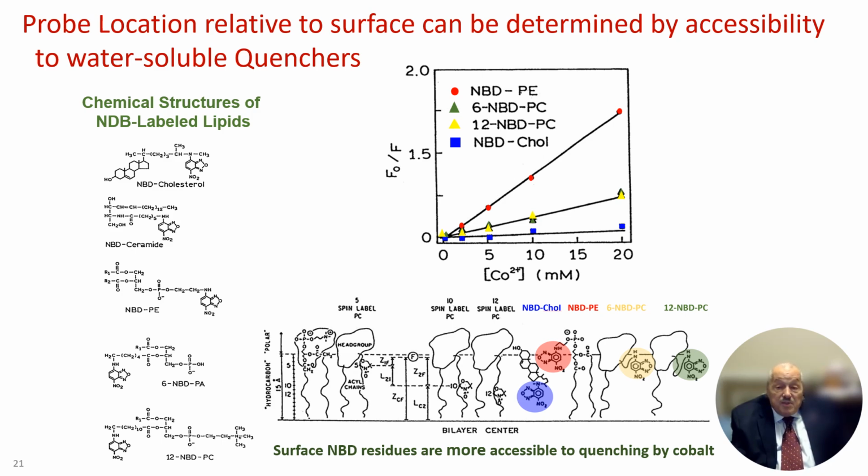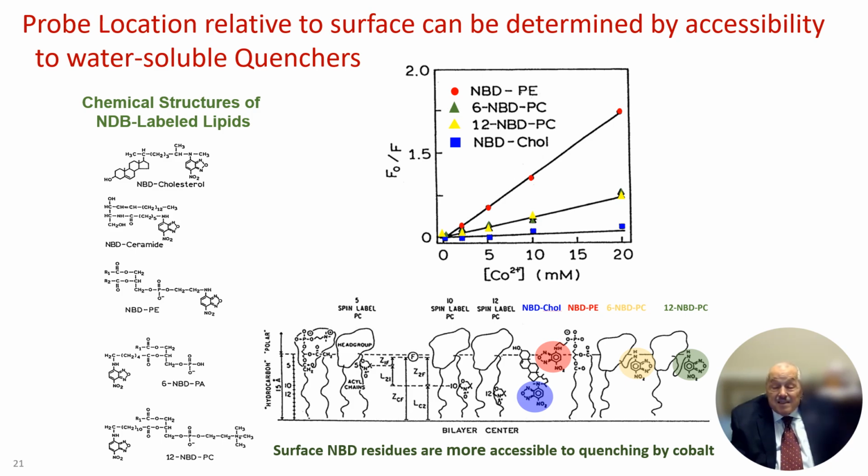The two probes that had 6 or 12 carbon atoms between the head group and the probe had about the same amount of quenching, which indicates that these lipids probably just bend back among themselves. They're not in some perfect order where the length of the chain determines where they are in the lipid bilayer. And surprising to me was that the cholesterol labeled